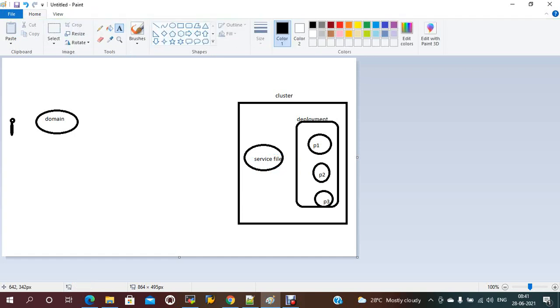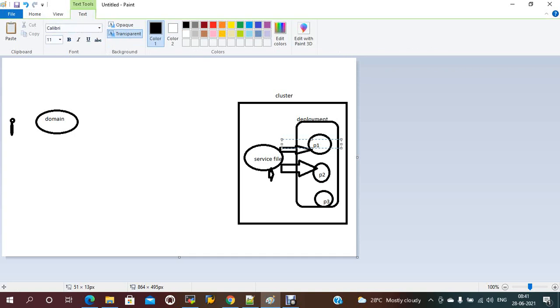This service file matches with the selector under the deployment. So it will match the selectors under the service file and the deployment pods.